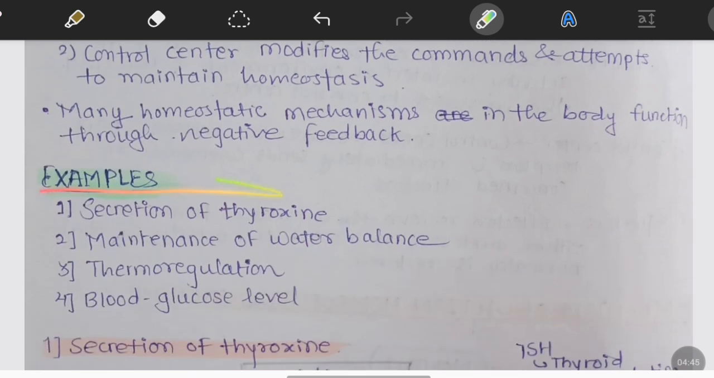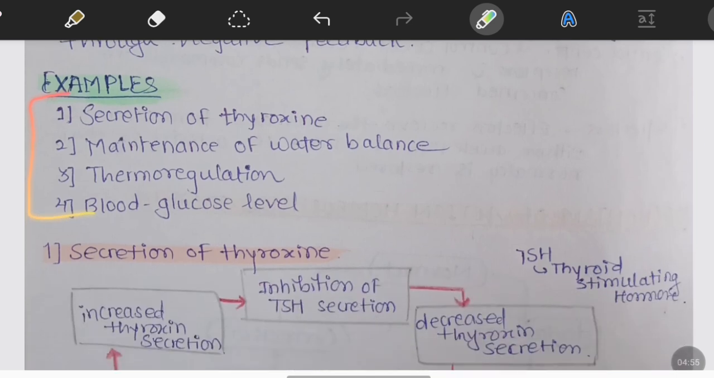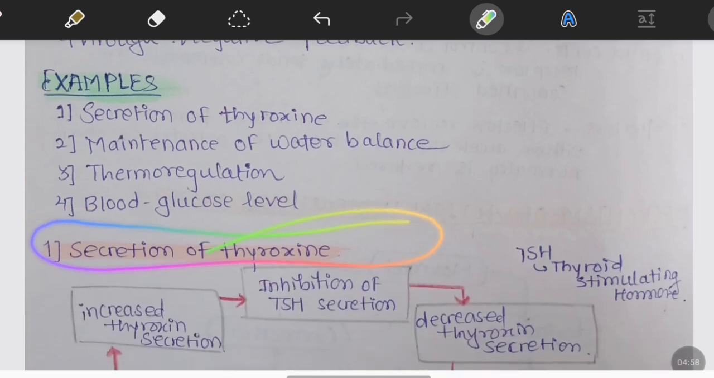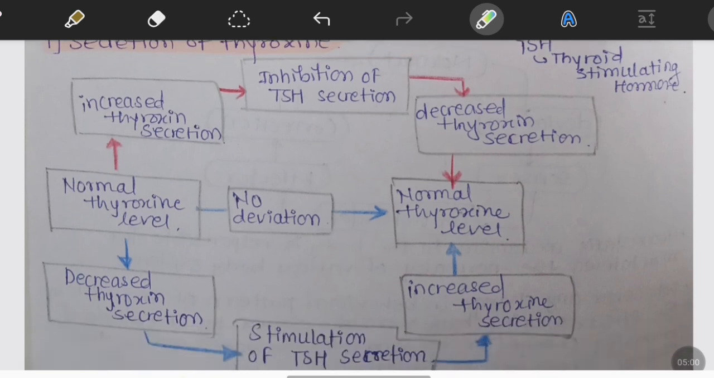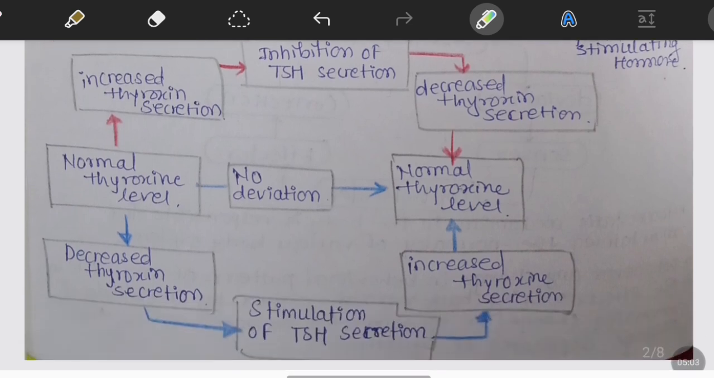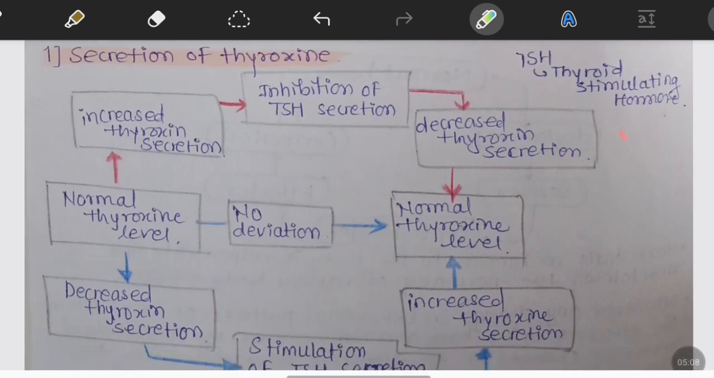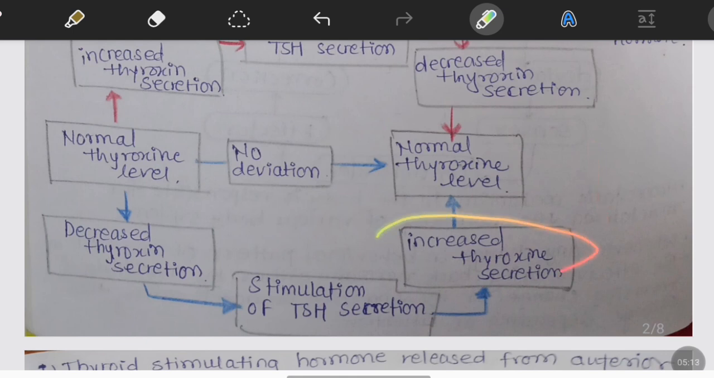Here are examples: secretion of thyroxine, maintenance of water balance, thermoregulation, and blood glucose level. These are the four examples. First, we will see the secretion of thyroxine. Two conditions can be there: decrease in thyroxine secretion or increase in thyroxine secretion. Both situations can occur. First, if there is a decrease in thyroxine secretion,